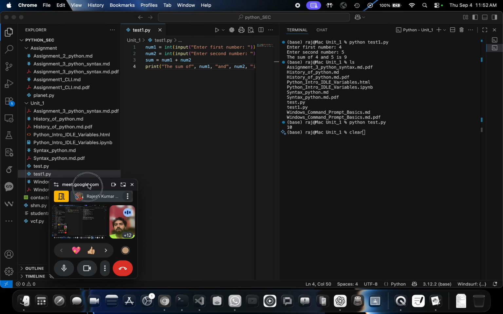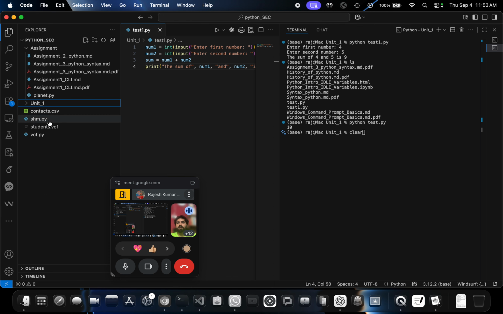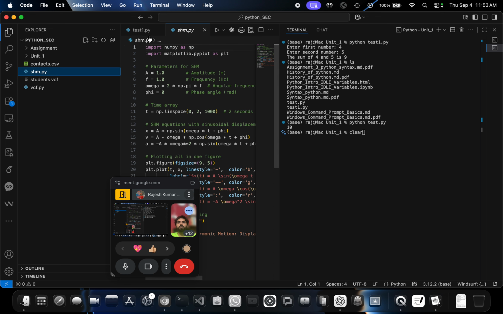So you can see, for example, in unit 1, we have only test.py and test1.py, only two. But outside, I have something more: shm.py, vcf.py, planner.py, right? So I can execute this command as this script, which is script mode.